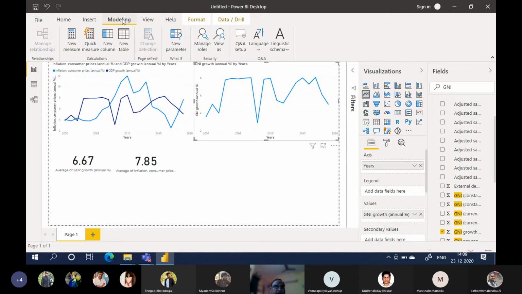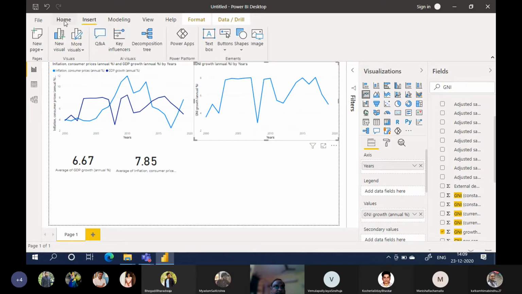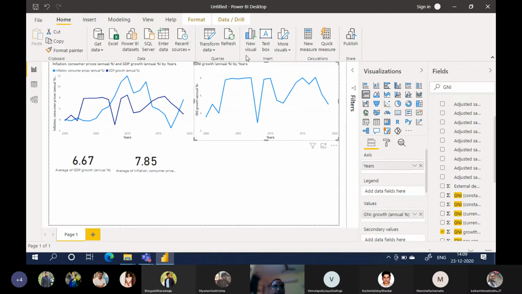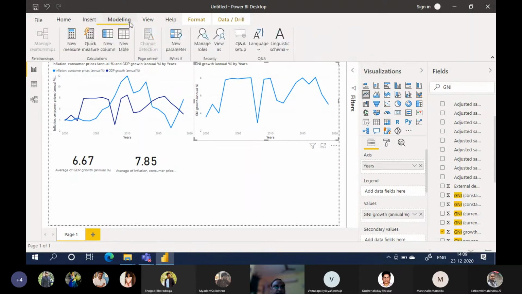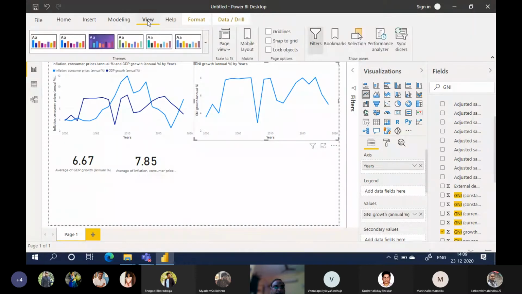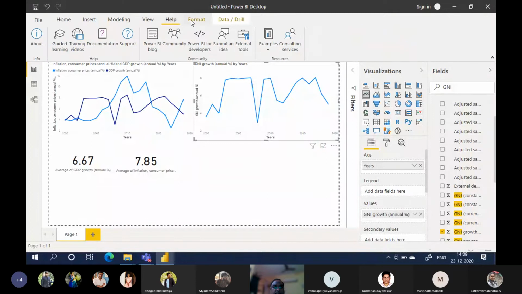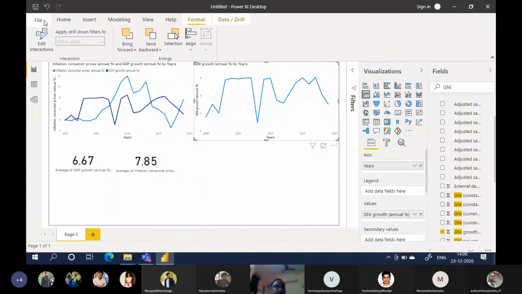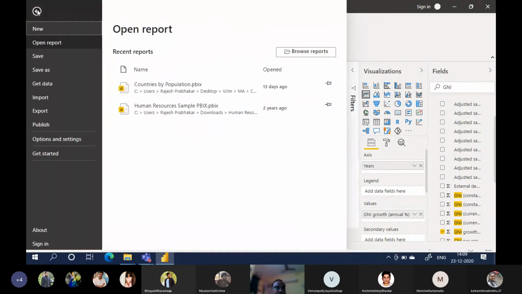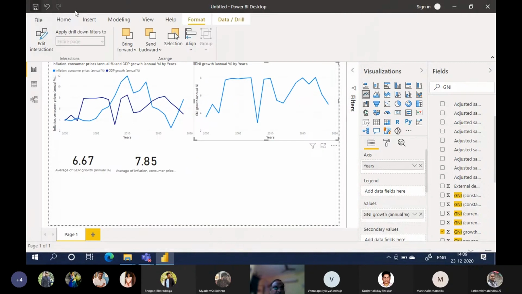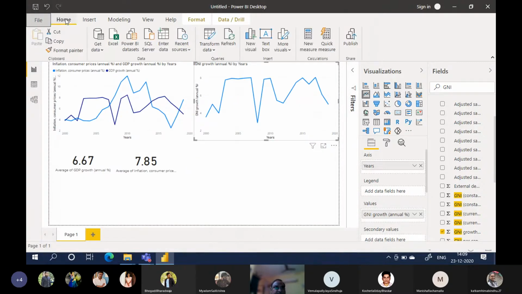Modeling, no. Insert. Where is it? The programming thing should be there. Modeling. Column view, mobile layout, help, format. We got the query editor last time. Did you guys remember where we saw the query editor?